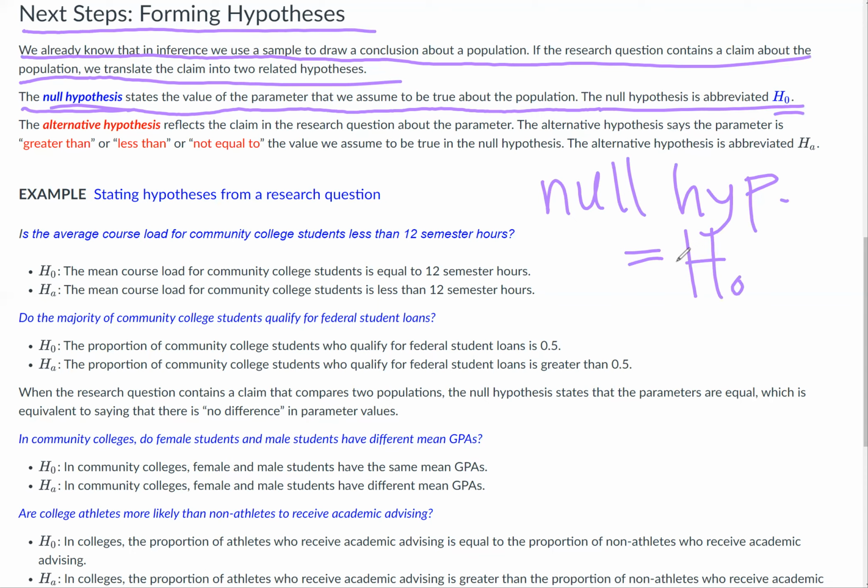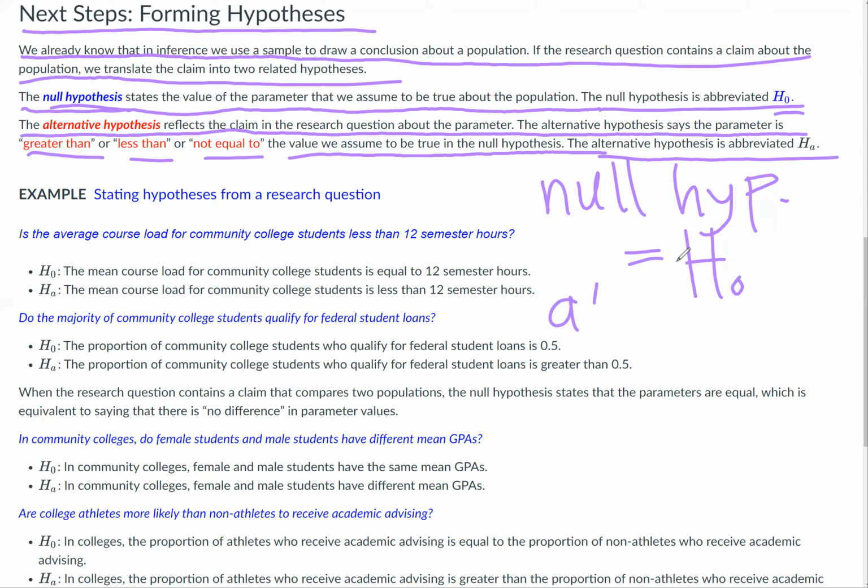On the other hand, the alternative hypothesis reflects the claim in the research question about the parameter. The alternative hypothesis says the parameter is greater than or less than or not equal to the value that we assume to be true in the null hypothesis. The alternative hypothesis is abbreviated H with a little a for alternative. So, alternative